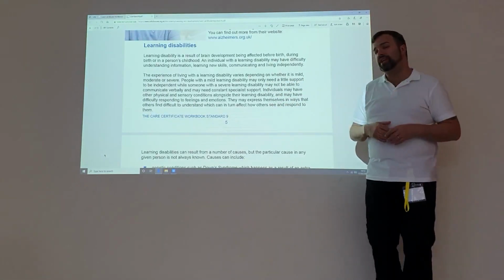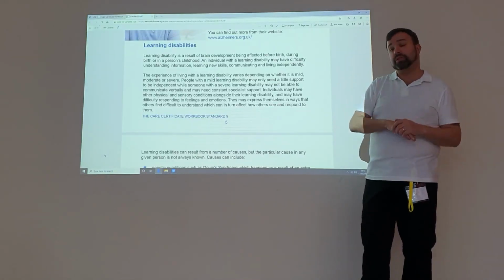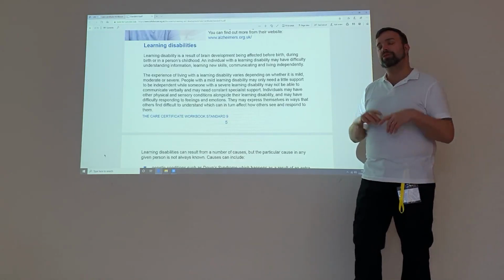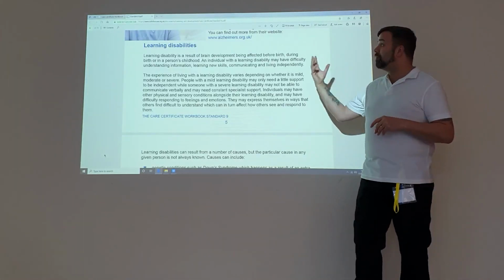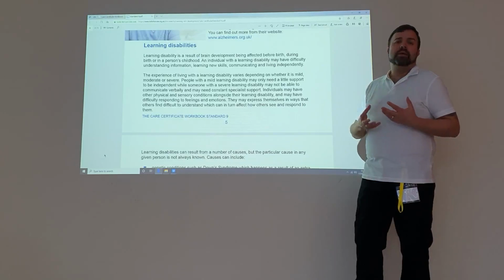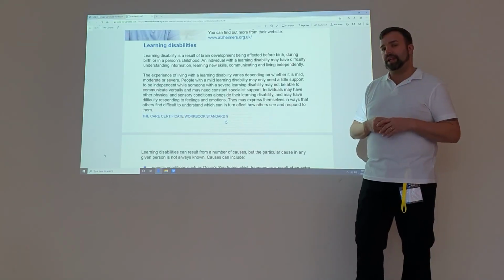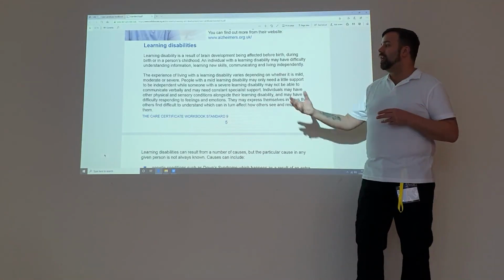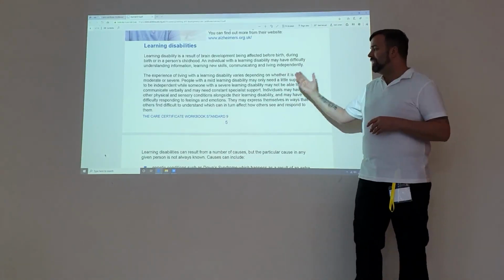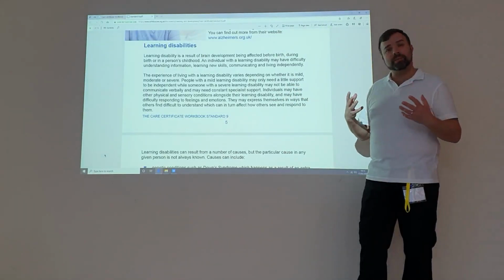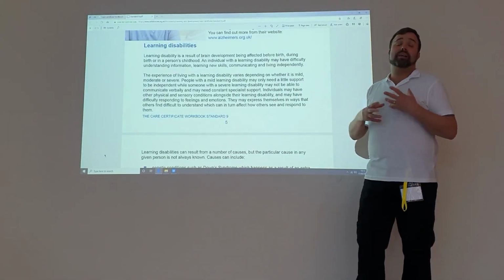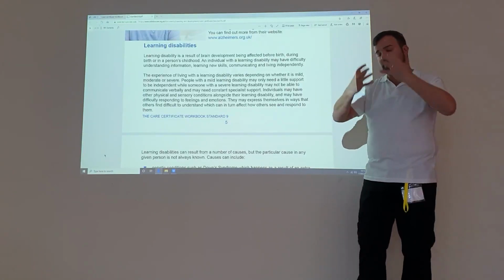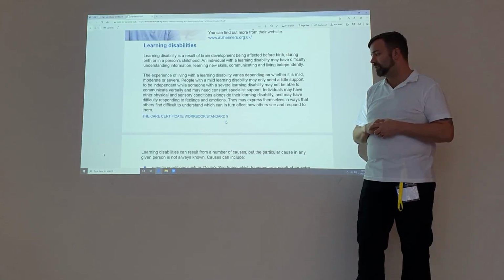Now for us, we all learn in a different way. Some of us will learn through seeing, some of us will learn through reading, and some of us will learn through doing something. And when we're working with people with learning disabilities, maybe they need a combination of everything. And it's that constant repeat. It's important that we meet sensory needs. So a lot of people with learning difficulties will have sensory rooms, so they like to touch, feel, smell, and they use all the senses to help reinforce positive messages.